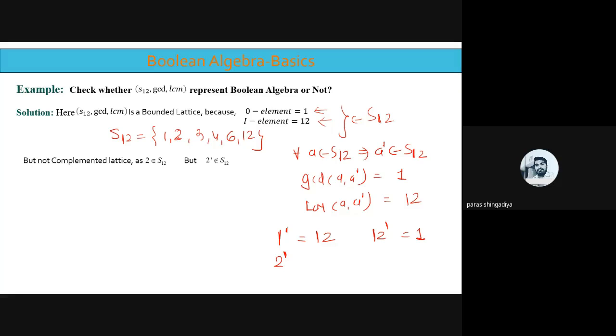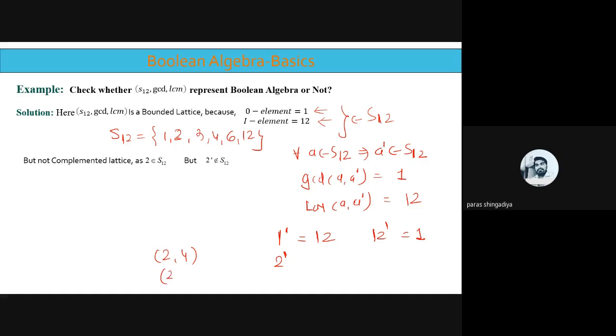2 dash. So we have the choices 3, 4, and 6. Here 2 is an even number, and 4 and 6 are also even numbers. So the GCD of even with even is not equal to 1. Take any two even numbers and find their GCD, so we cannot prove that the answer is equal to 1. That means we cannot consider the pair 2 with 4. Why? Because what will be the GCD of 2 and 4? That is equal to 2 only. Clear? That is not equal to 1. And what is the LCM? That is not required, because the GCD is not 1, so there is no need to check the LCM there.